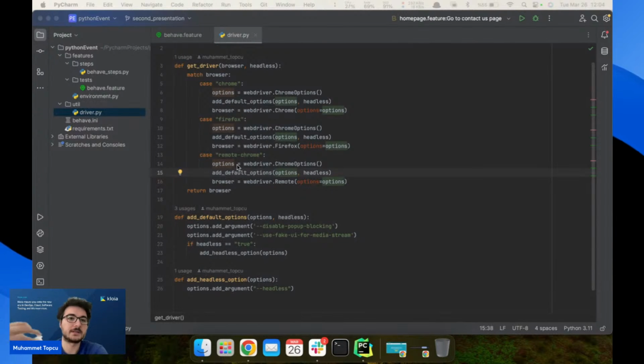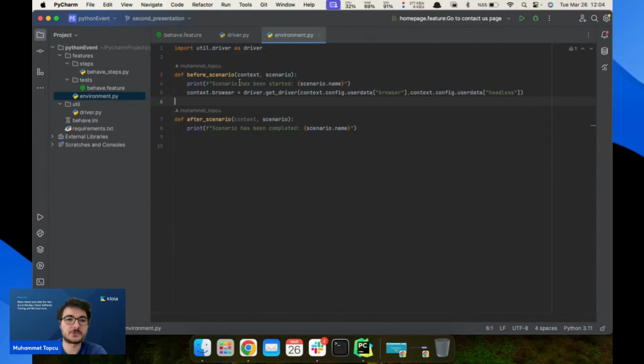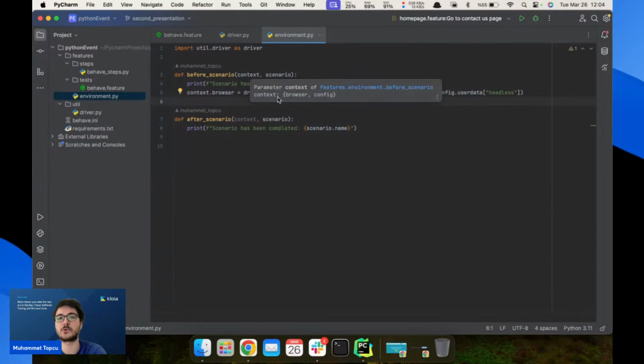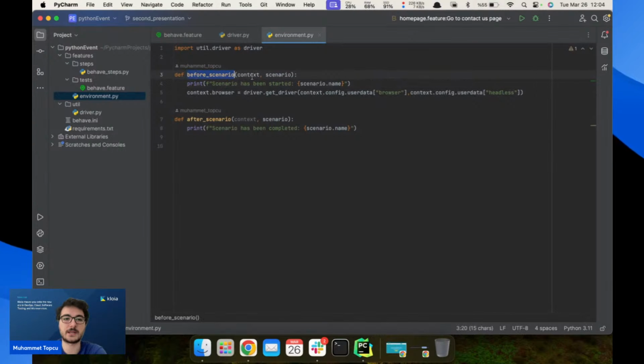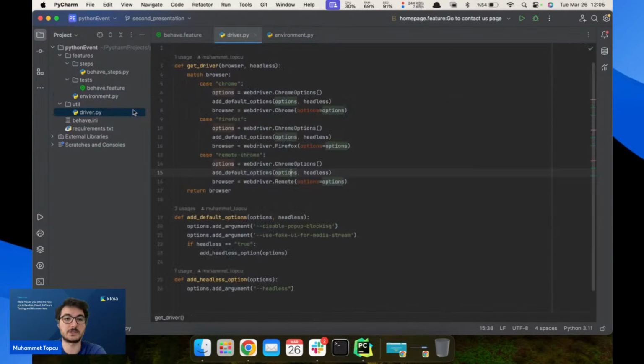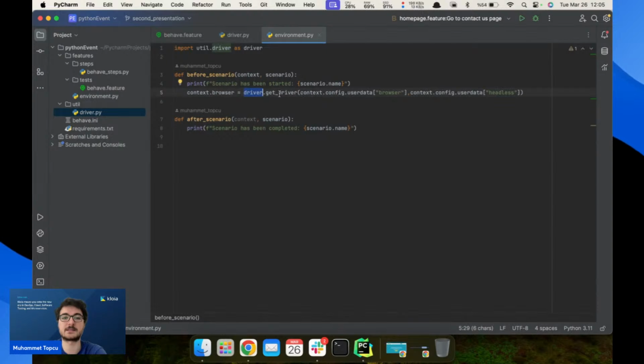Now, this driver object is created at the start of every scenario, and this is controlled by the environment file that defines the before and after hooks for the scenarios. I mean, when you run a scenario, first the before scenario block is executed, and inside of it these whole functions are executed. Then, as you can see, we are calling the get driver function from the driver file, which is defined here,